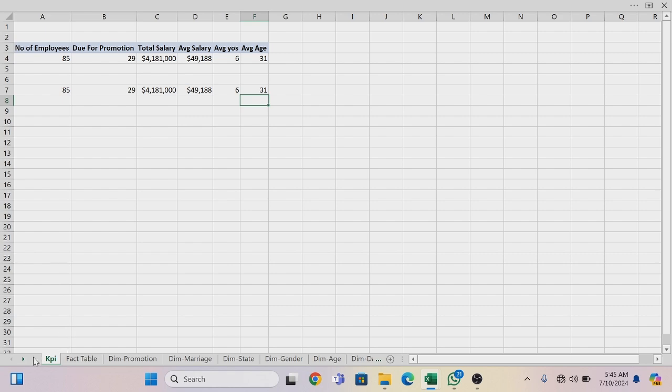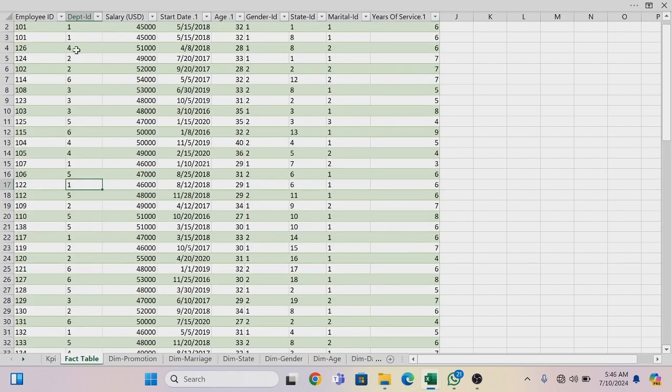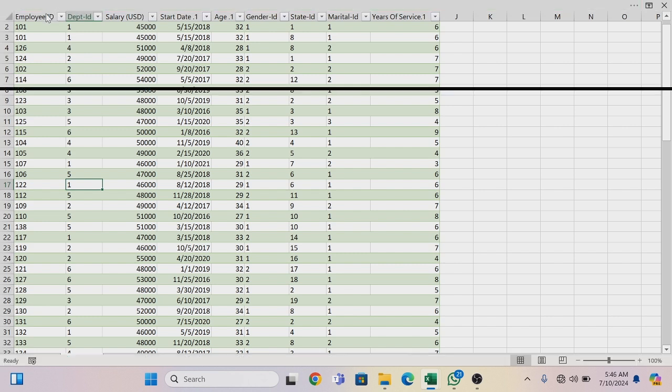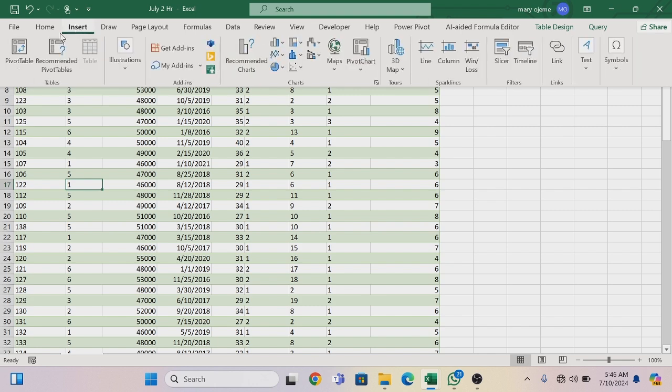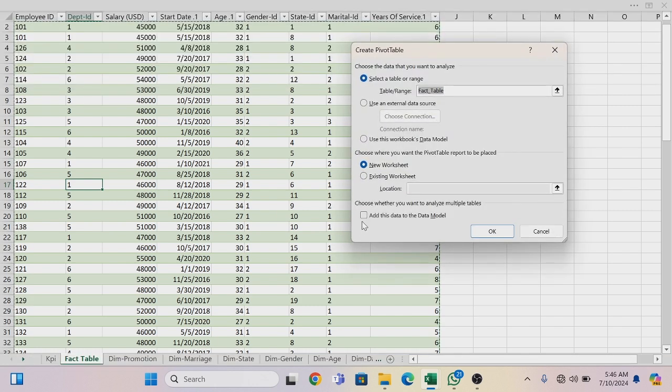Okay, so we're good to go here. So next, let's bring in another pivot table and let's start our modeling. So insert pivot table, add to data model, and